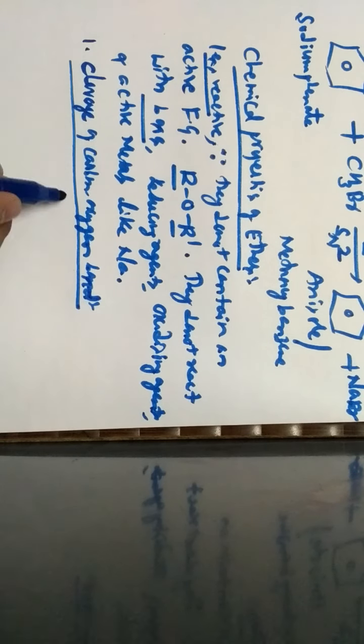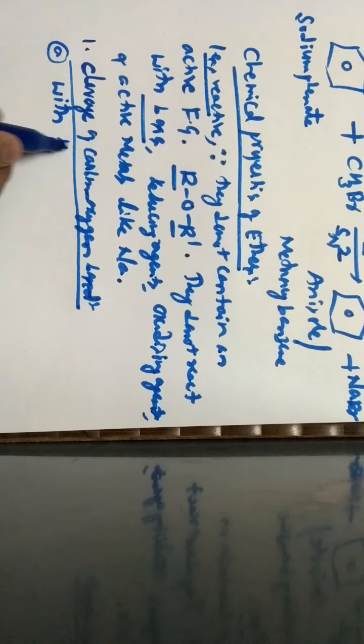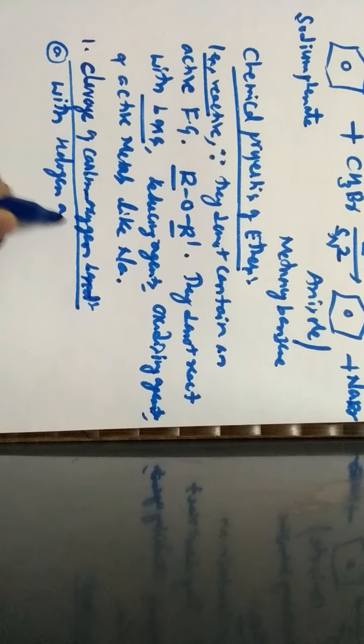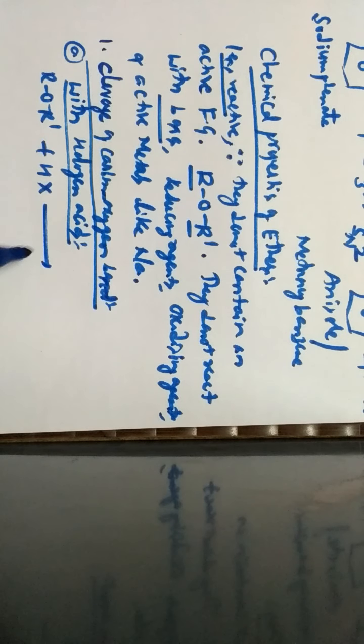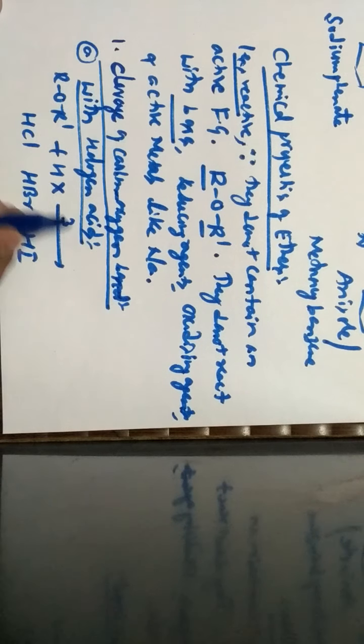In that, the first reaction is studied by using halogen acids. When I consider an ether, that is ROR', and it is made to react with halogen acid, the halogen acids can be HCl or HBr or HI, by maintaining a temperature of 373